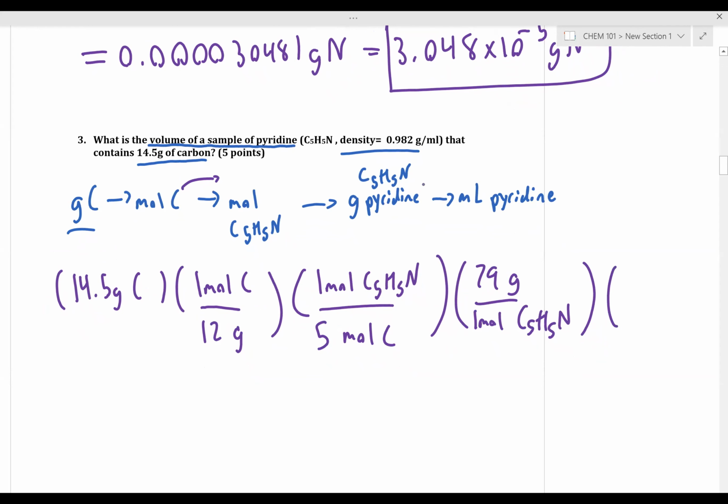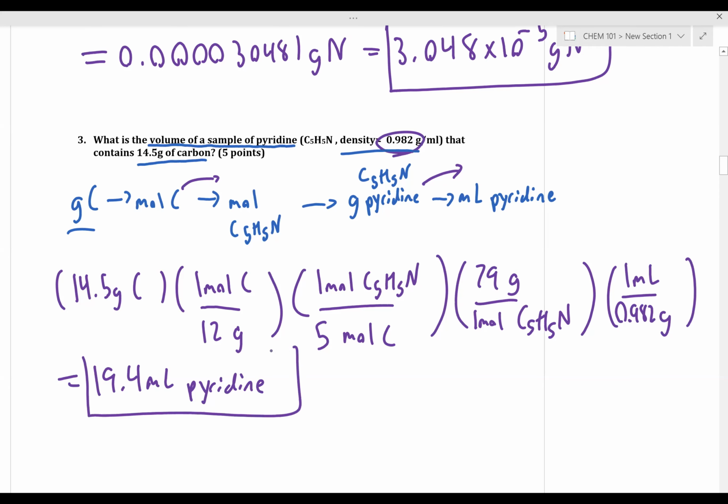And then finally, if we're going from grams of pyridine to milliliters of pyridine, what needs to go on top? Milliliters. And in 1 milliliter, we have how many grams of pyridine? Looking at our density, how many grams do we have? Yep, 0.982 grams. Okay, all we have to do now is punch this into our calculator. 14.5 divided by 12 divided by 5 times 79 divided by 0.982. And that gives us a volume of 19.4 milliliters of pyridine,